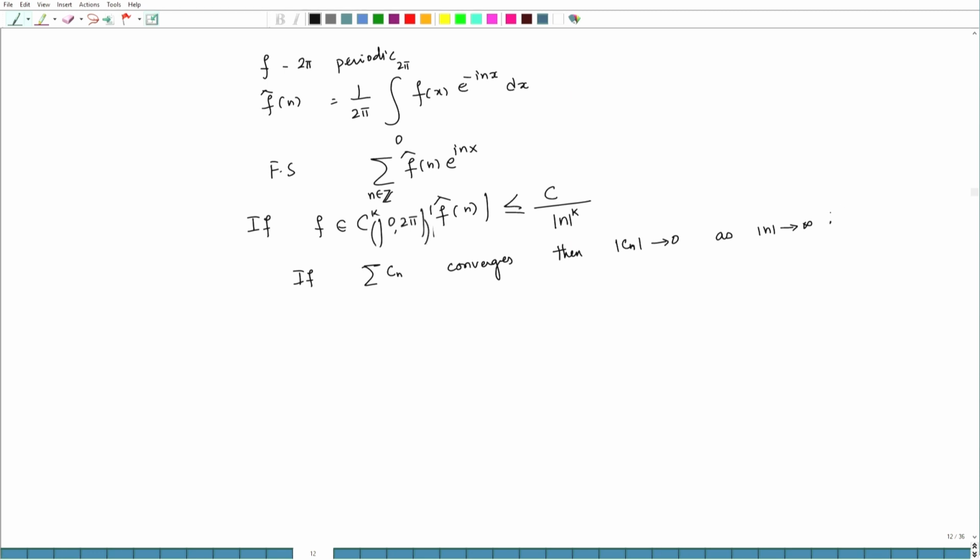This is a necessary condition for a series to converge. It is not sufficient, all of us know. So, now that means